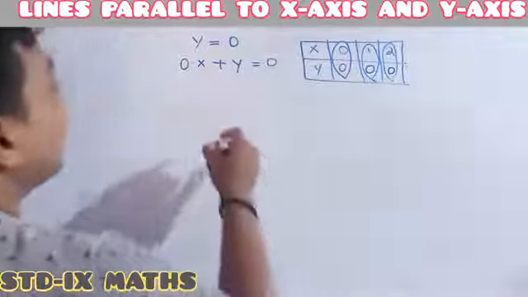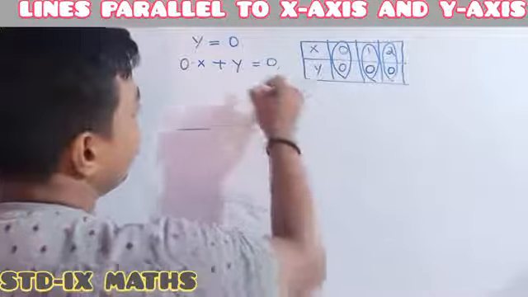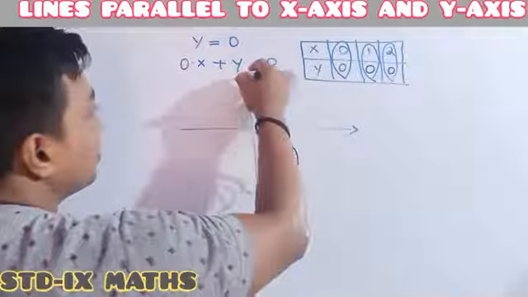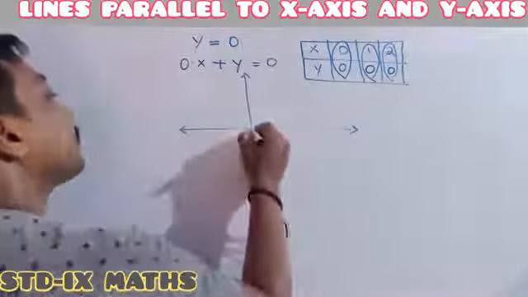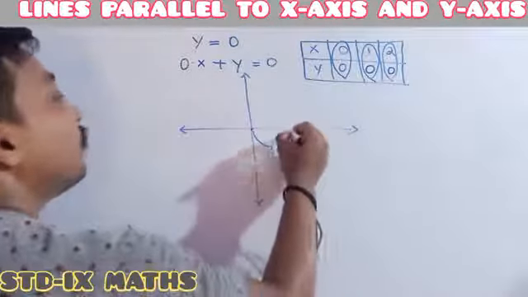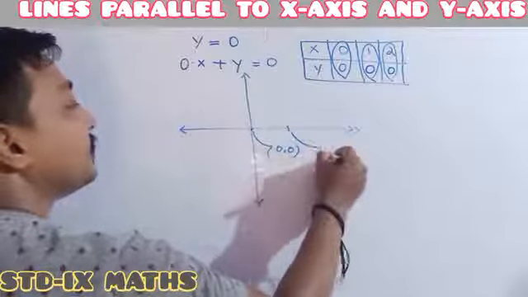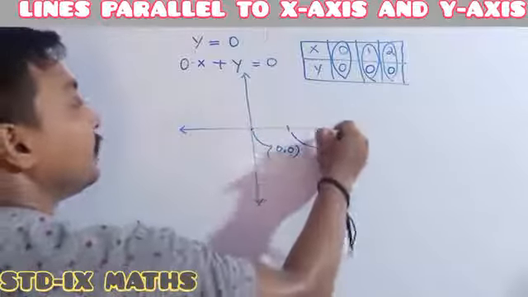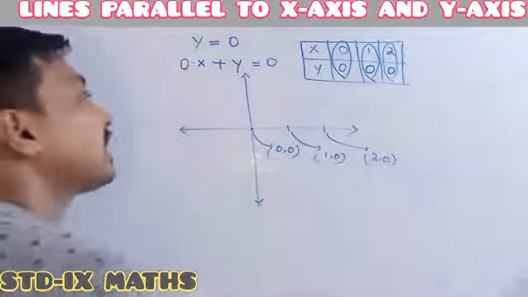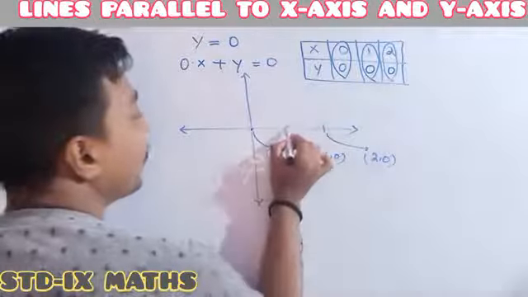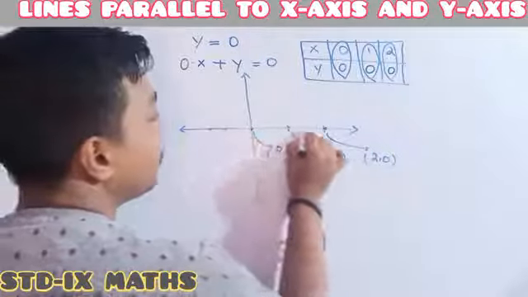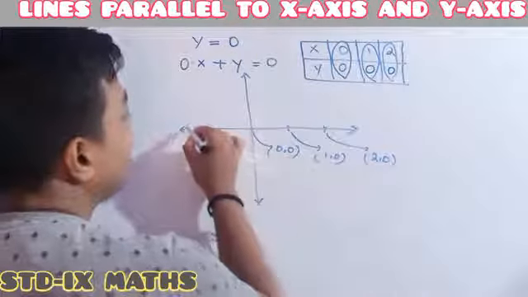See, how can I show it in the graphical representation? 0, 0 is a point, it is here. 1, 0, the point should be here. 2, 0, the point should be here. For the graphical representation, whatever points you obtain, you have to join minimum 2 points and extend. So whatever line I am obtaining,